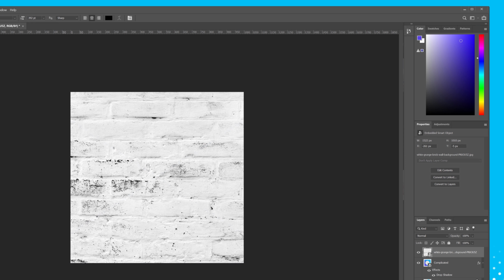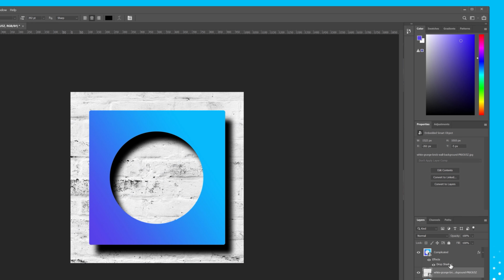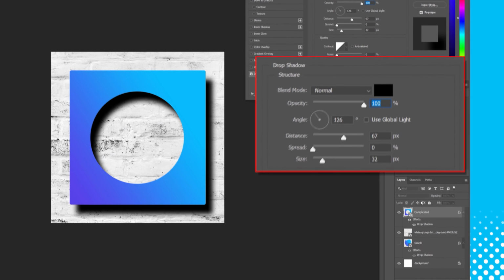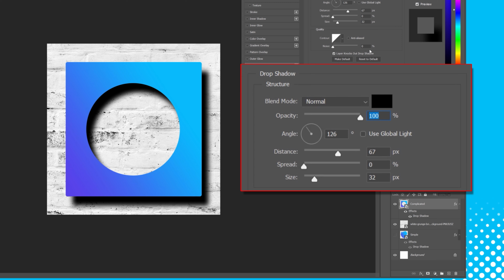So, going back to adjusting the attributes of the shadow itself, the first slider within the Structure section is called Opacity. It can adjust how solid your shadow appears against the background. If we change the opacity of the shadow all the way to 100%, it'll basically appear like a solid object that's completely opaque. But you can experiment with this yourselves to your liking.